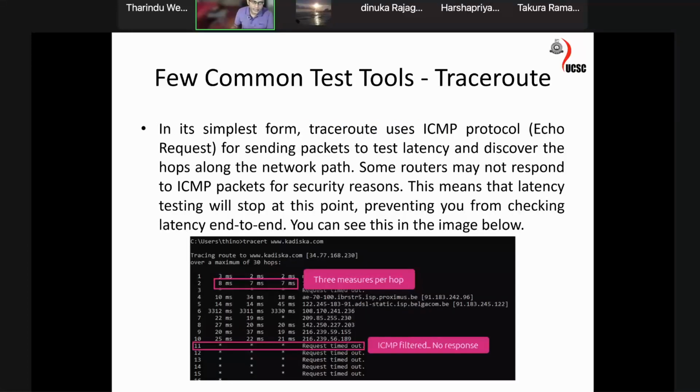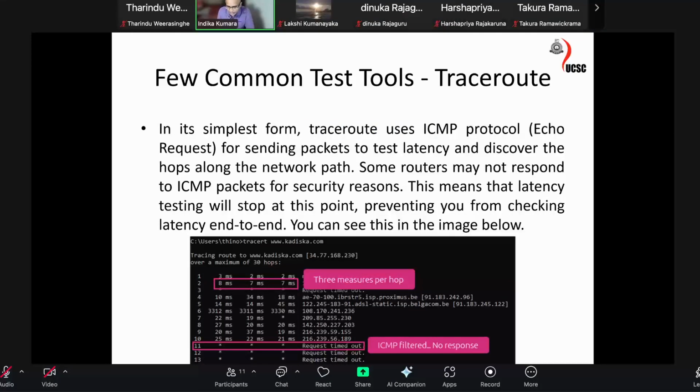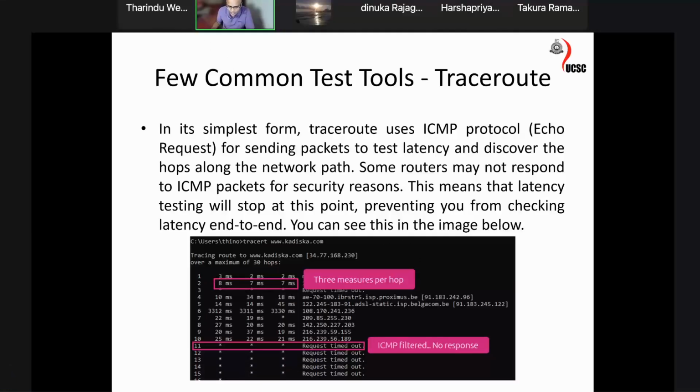And this is an example of output. You can see that traceroute output. In Windows, when you run it, the command is tracert, but for Linux, traceroute is there. So you can see three values. The second router responded with three latency values, which are measured as minimum, maximum, and average. Those are the numbers provided in terms of